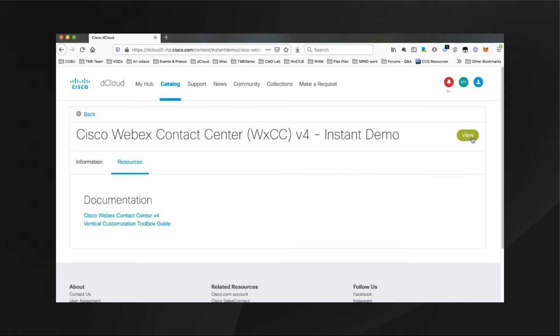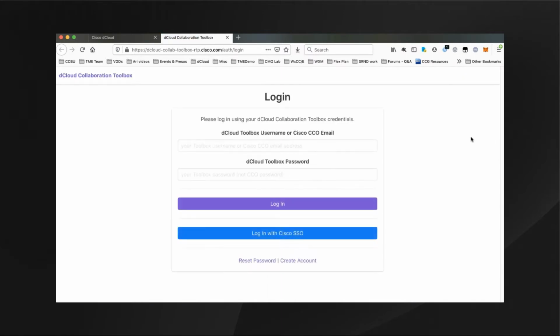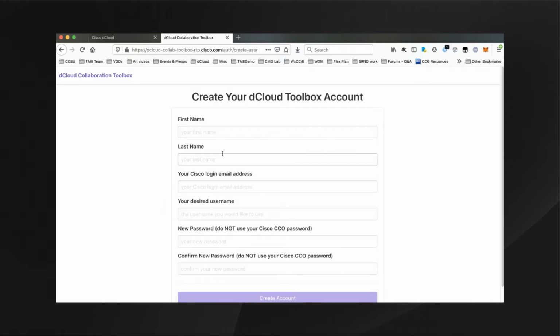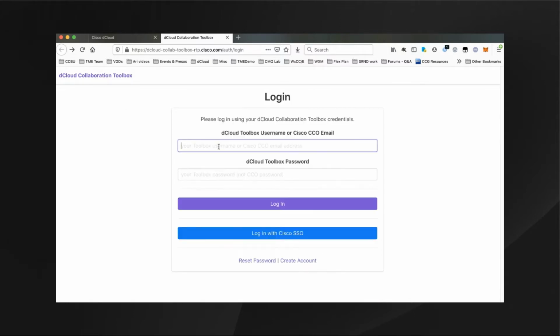Let's click on the View button to get into the Webex Contact Center demonstration. But first, I need to log into the dCloud Toolbox. You can either use your Cisco CCO login by clicking on Login with Cisco SSO, or you can click on Create Account if you'd prefer to go ahead and put in the information required here to create a separate dCloud login and password for the Toolbox that is different than your Cisco login. I'll go ahead and log in with mine,